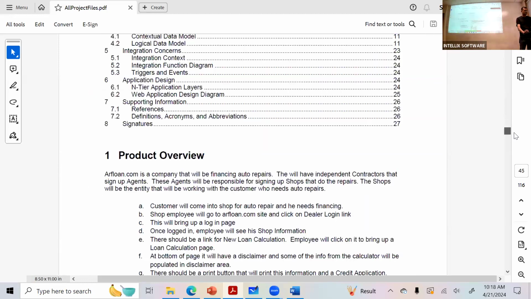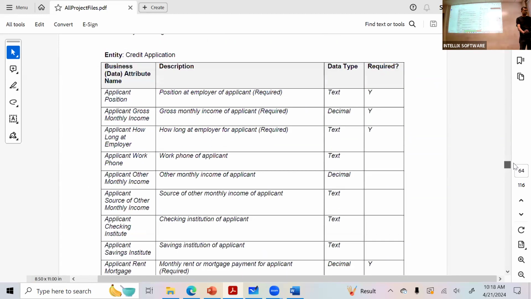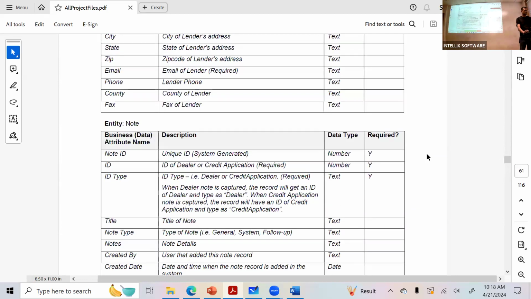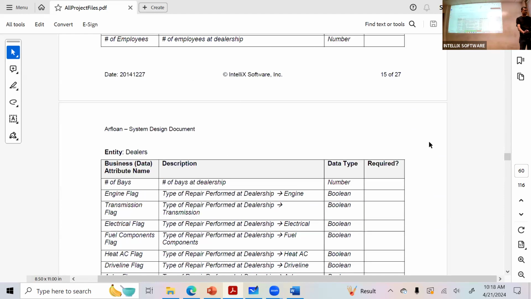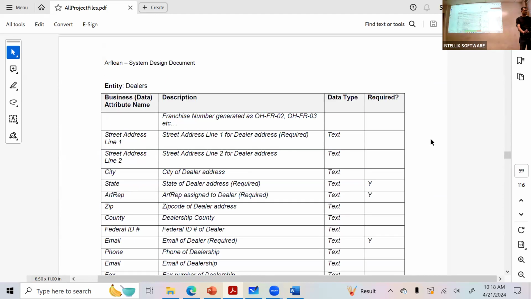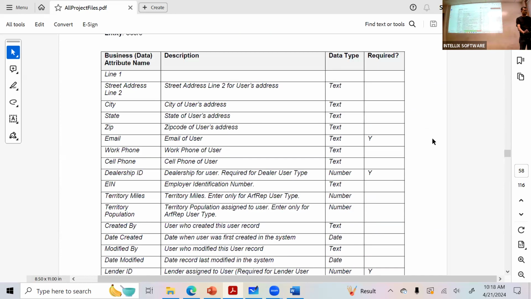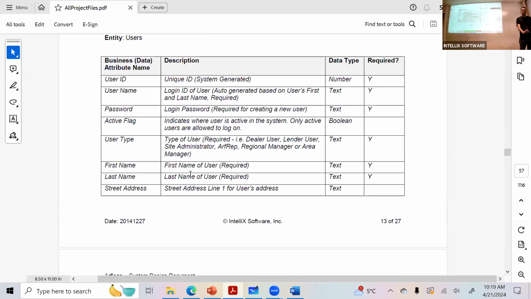Where do I find that information? Yeah. Okay, so there is a user section. What is required in order to create a user?